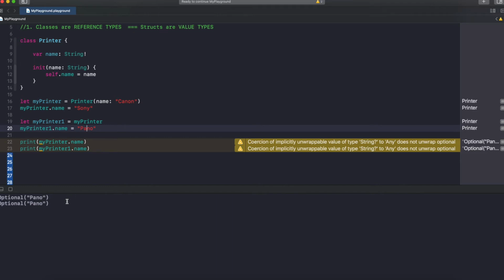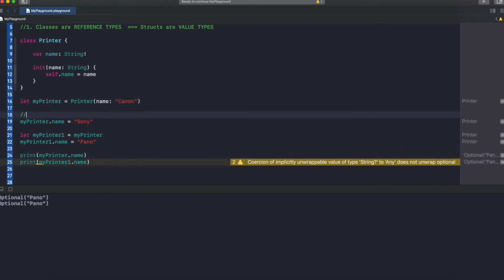Why? That's where the reference type comes in, because of how the myPrinter1 object is created: we are assigning this myPrinter property to myPrinter1. So myPrinter1 refers to the same memory address which is allocated for myPrinter. For instance, let's say after this line myPrinter has a memory address like 0x123456, something like this.